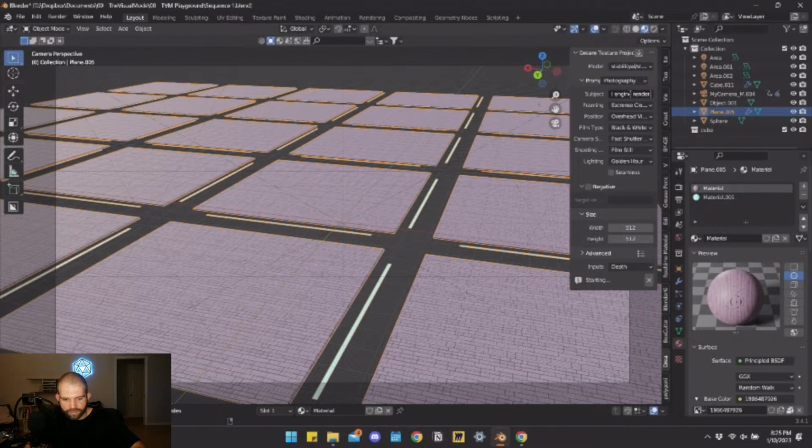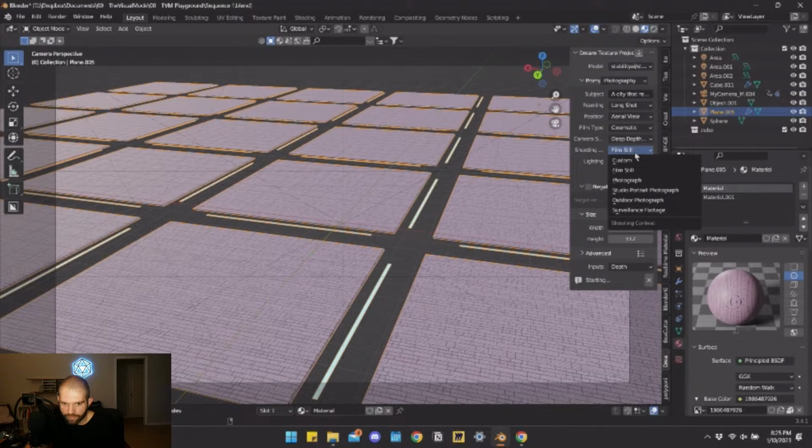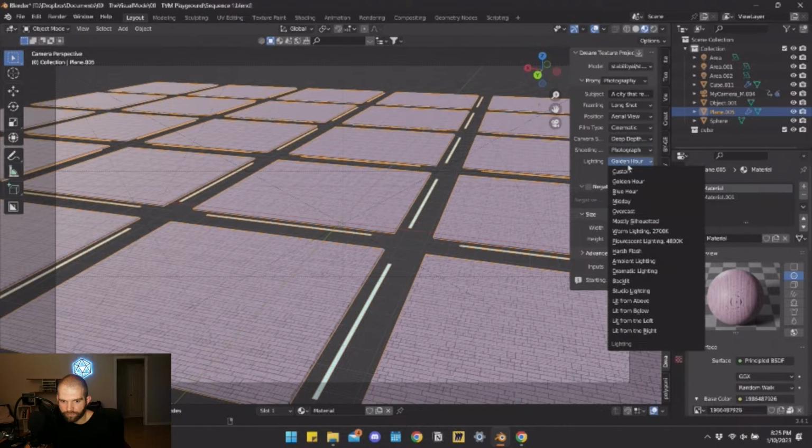Next for framing, I'm going to put in basically a long shot because we're way up into the sky. Position, aerial view, film type. So we'll go with cinematic. Camera shutter speed, we can do deep depth of field. And then shooting, so the type of lighting, or film still, studio portrait, outdoor. We'll go ahead and do just photograph. And then the lighting. So we could do mostly silhouetted, harsh flash. Let's go with ambient lighting. And with that,